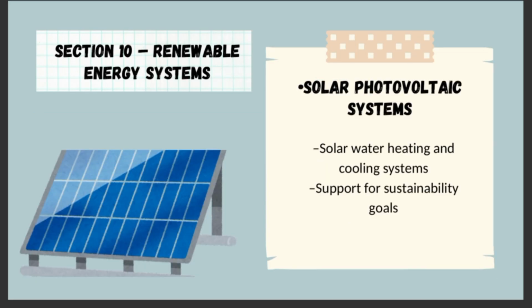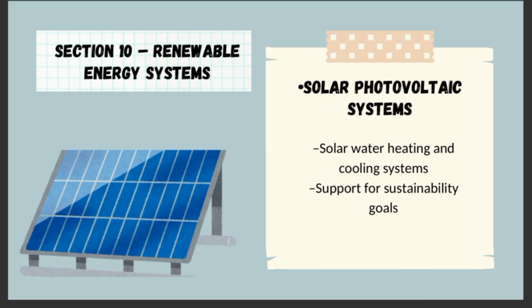Section 10 Renewable Energy System. This section focuses on renewable energy systems such as photovoltaic system, solar water heaters, and solar cooling systems. These systems contribute to reducing the building's dependence on conventional energy source and support